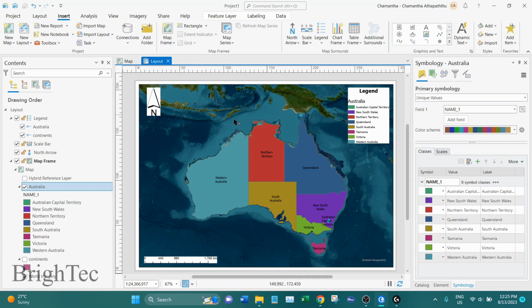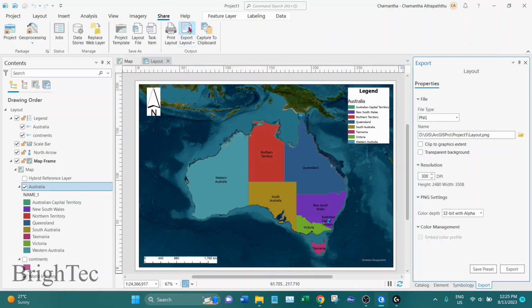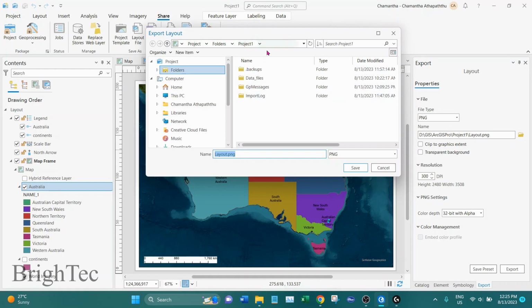To export your map, go into Share tab and click on Export Layout. And here you have several options. You can export it as a PDF, a JPEG, or as a PNG. So in this case, I will export it as a PNG image file, and I will give the file location. So I can create a new folder here as exported maps and select that folder, click on OK,